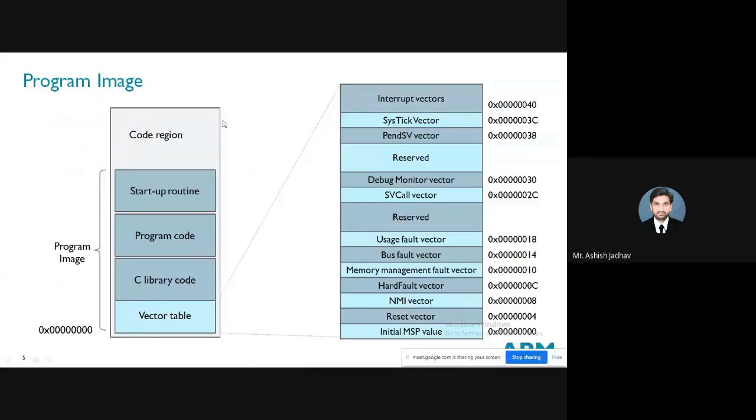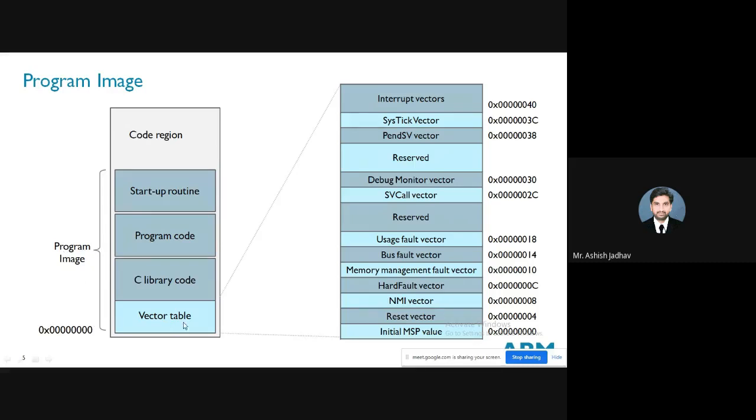Here we have this 512 MB code memory. Now this 512 MB code memory is divided in some parts. You can observe those parts: vector table, C library code, program code, startup routine, and remaining code region. So this is what is called a program image.